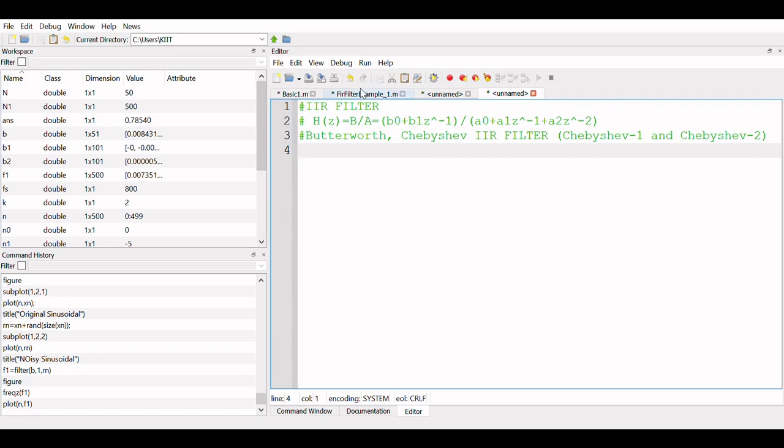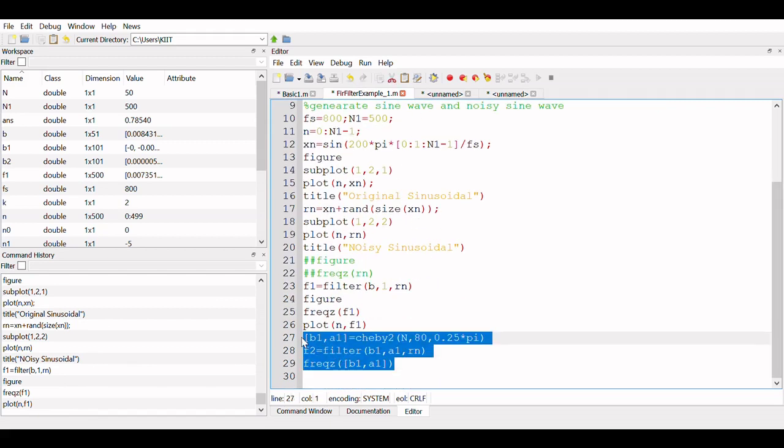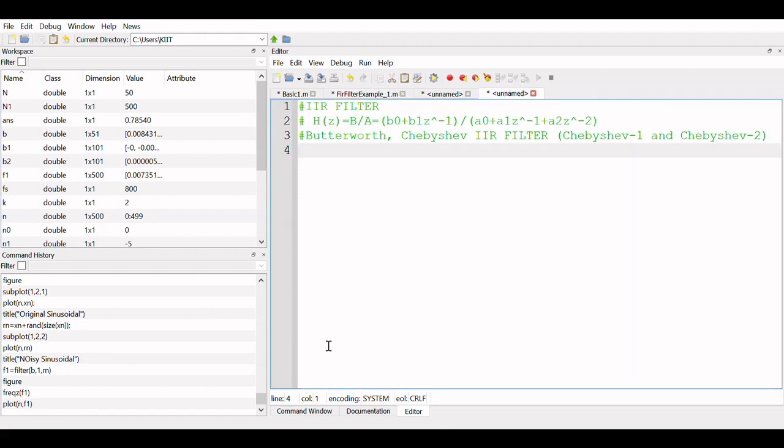Suppose I want to design a Chebyshev type 2 filter, right? So the command I have taken is B1 A1, which again is B and A, representing my numerator and denominator.